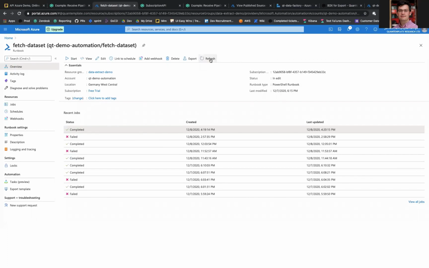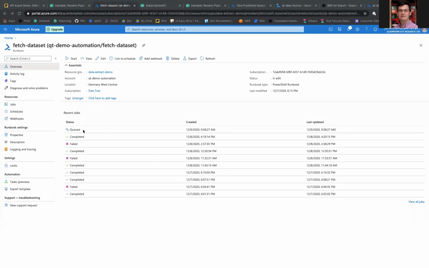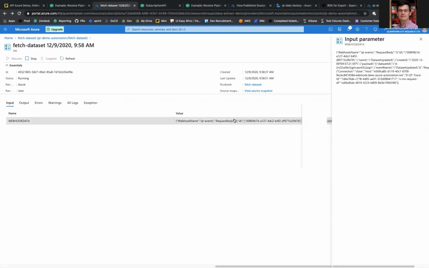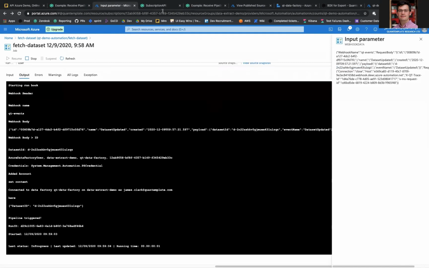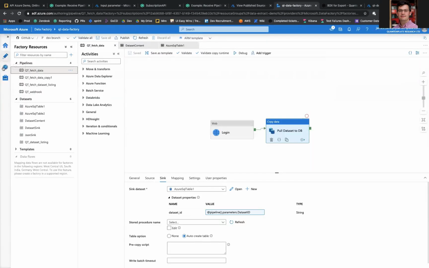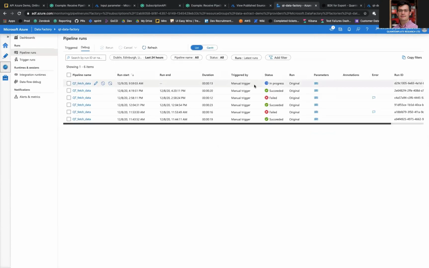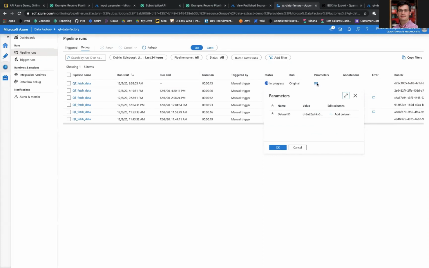Let's refresh this page. And as we can see, we've now got a queued runbook. We can click into that. We can actually see the data, and we can see again that our dataset ID, if I can find it in here, is 2N22. So that's working. So that's going to run the script, which in turn is going to run our data factory. You can switch to the monitor tab here to see that running. Might have already finished. Nope, it's still running. And it's helpful here to be able to click this little button here to see the parameters that were passed into this pipeline. And we can see again,